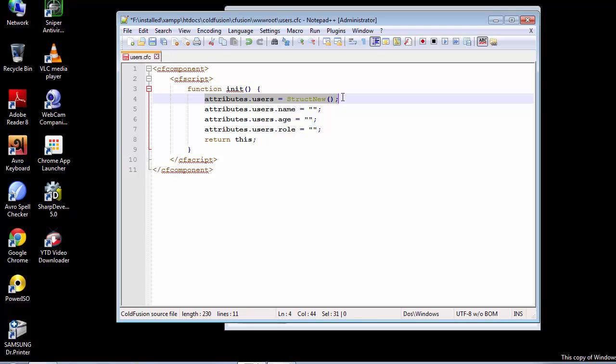Now let's get back to the analogy. So this return this means that the constructor method is first processing everything. It will take the values, it will take inputs from our getter and setter methods. We'll be looking at those very shortly. Perhaps I'll be creating them right now after I finish explaining this return this statement. So it will take all those inputs, and in here what you see is that we have